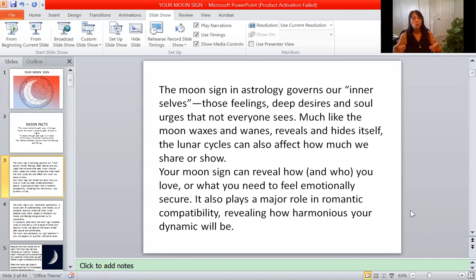So two people with moons in Aries might be a fiery, blow up, explosive relationship, whereas two people with moons in Cancer or in Capricorn, or maybe in Taurus, two moons in Taurus are just about security and comfort and things like that. They would probably get along way better. Then if they are squaring each other or opposite, it gets a little testy. Your emotions are then being challenged or being pushed away from somebody.